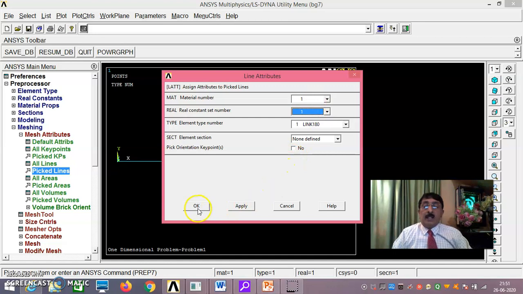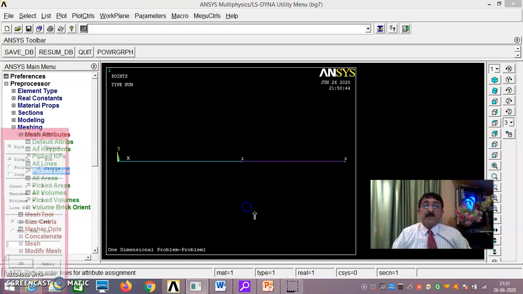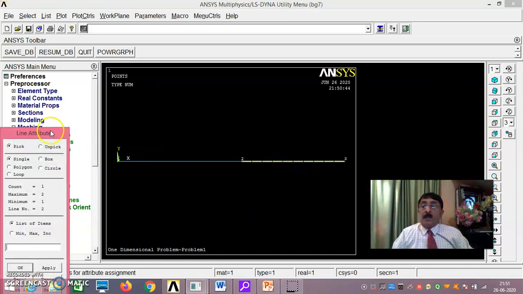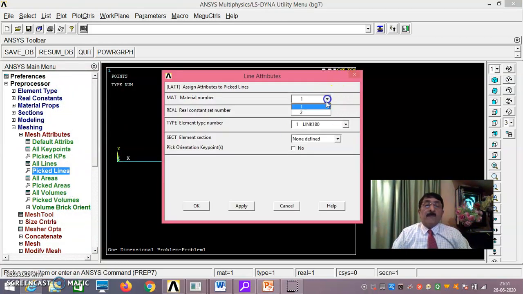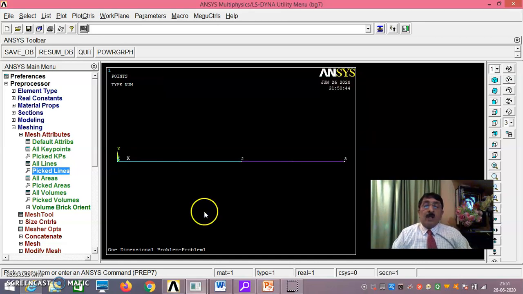That means this is steel. Apply, and this one is aluminum. That means real constant 2, material 2, just say okay. Now you have assigned that this is clearly steel, this is clearly aluminum, with cross sectional area also.